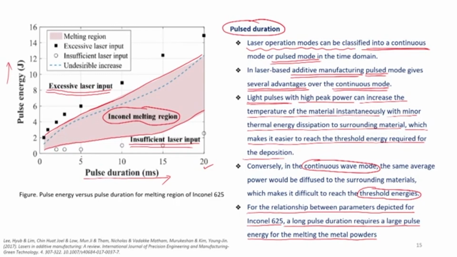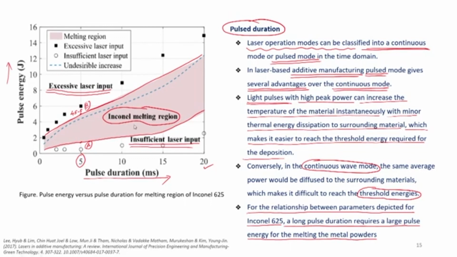Suppose you are taking the pulse duration of 5 millisecond, so certainly you have to generate the pulse energy between these two values, this value A and this value B, and the value B is about 4.5 to 5 joules. So, to get 4.5 or 5 joules, that much of power that you have to choose, that much of that sort of laser that you should have, which will generate the 5 joule of the pulse